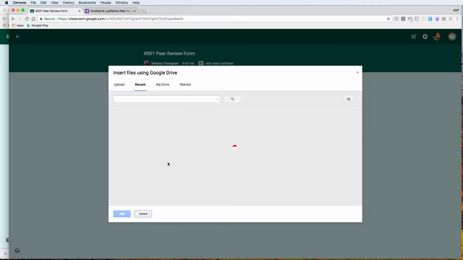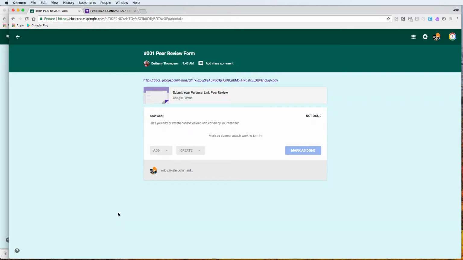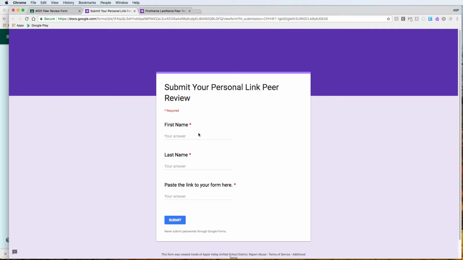from Google Drive, and now they're going to add their spreadsheet. There's the spreadsheet that we just created from the form on the student side. And it's going to appear here. Before they are all done and they turn in, we want to have them click on this submit your personal link. They're going to fill in with